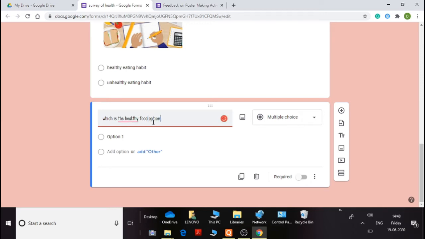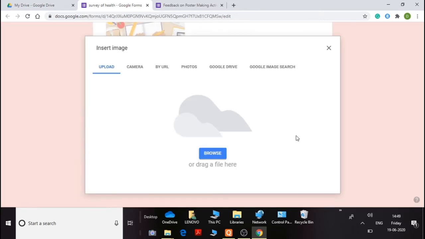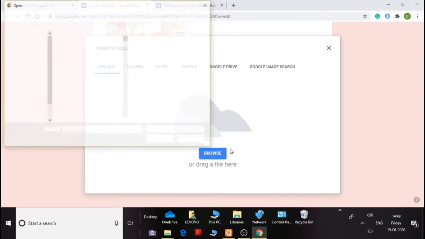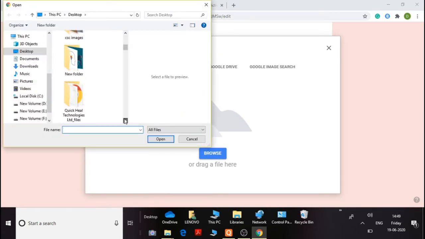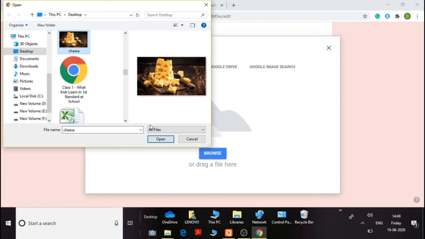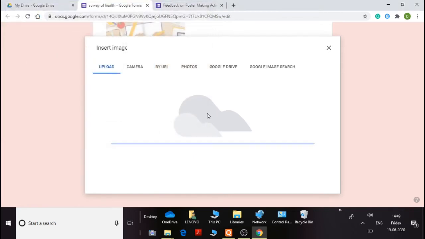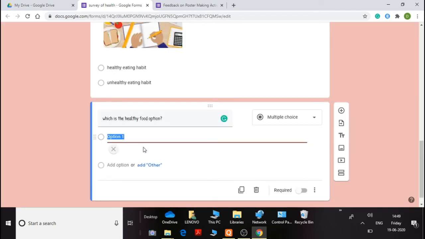I'm going to give two options here in the form of images. I'm going to insert in the same way. Browse from the desktop. I've already downloaded the images here on the desktop. The first one, it's this. It's of cheese, as you can see. And now I will give the second option.